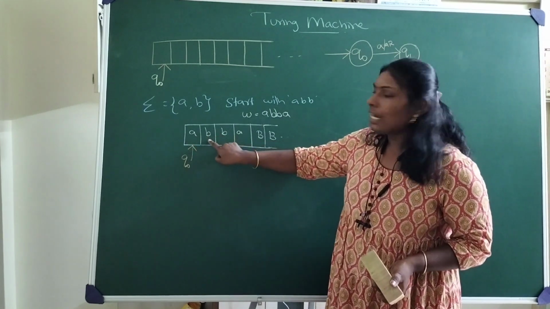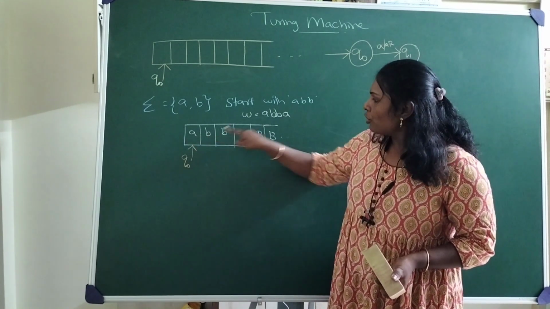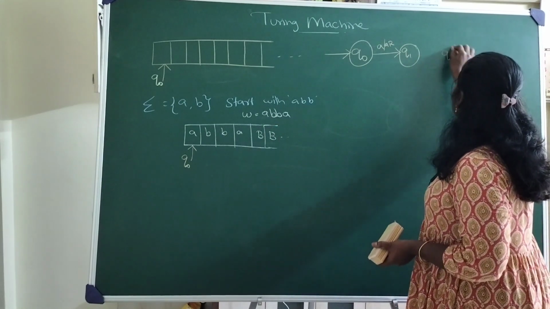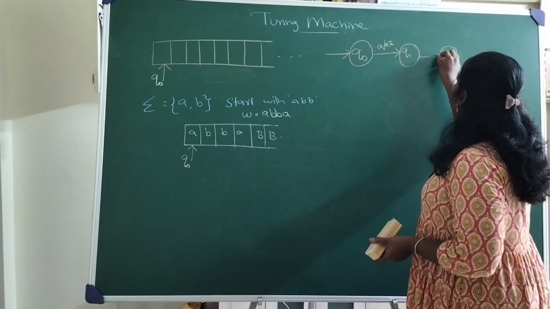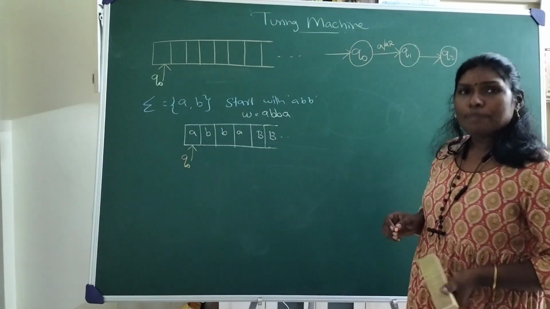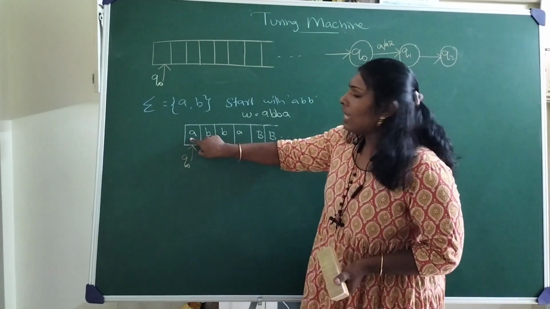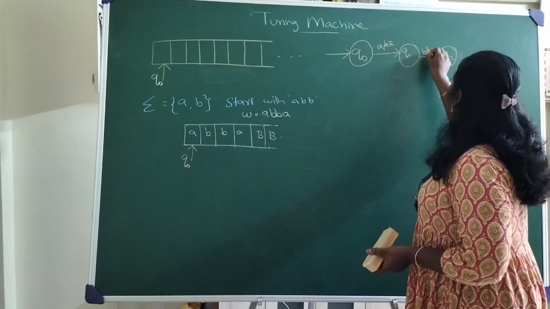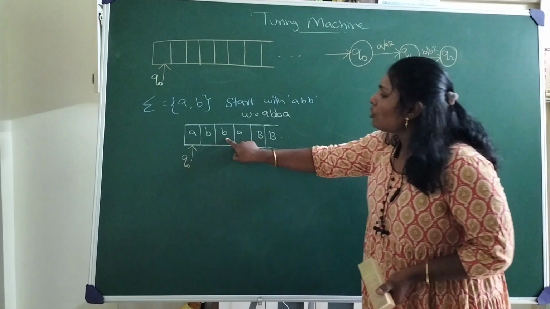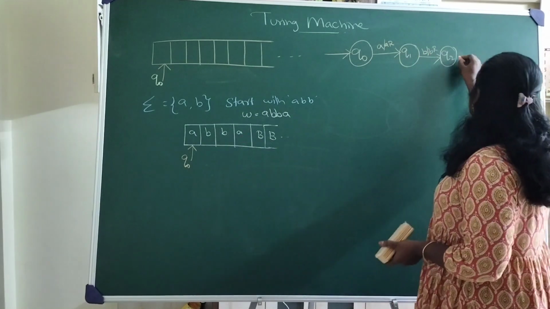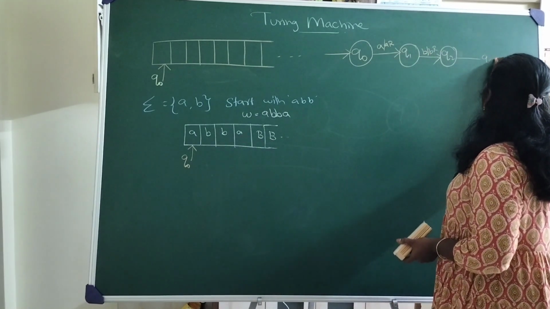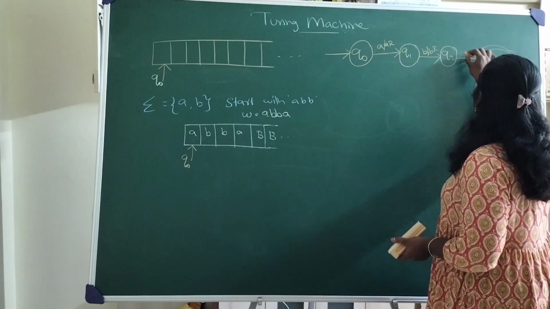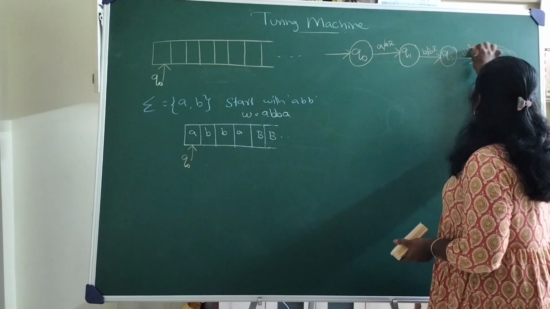I make a move to the next element. So the next element should be B, right? If the next element is B, I make a transition like what we have done for your NFA or DFA, the same structure. First element should be A. Got it? And the next element should be B. So B, move right. And the next element should be B. If the next element is also B, we are going for the acceptance state. We are going to accept the input. I told you now the input should start with A, B, B. Then we are going to